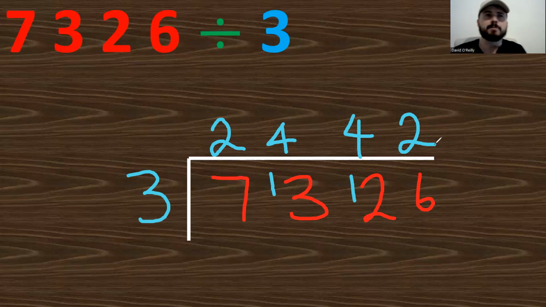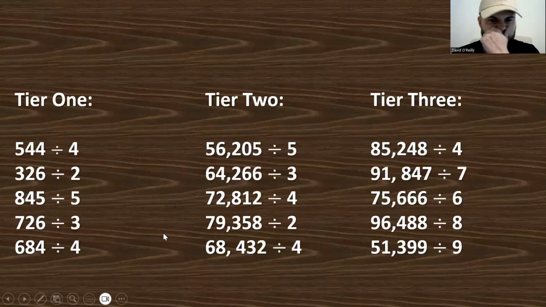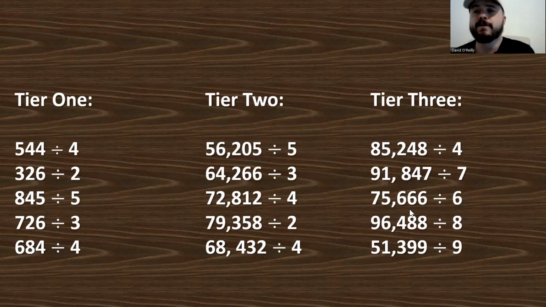Okay, so bus stop does get a bit trickier when we start to involve decimals, which we'll do later on in the year, and when we do long division, which we'll also do later on. But for now, this is all we need to do. Let's look at the tiers and remember the rules. Year 5s, please have a go at doing tier 3. Year 4s, please have a go at doing tier 2. But if you'd rather do a different tier because you find tier 2 challenging, that's fine. Year 4s, if you want to give tier 3 a go, please do.